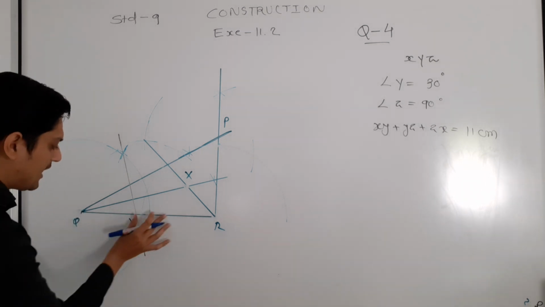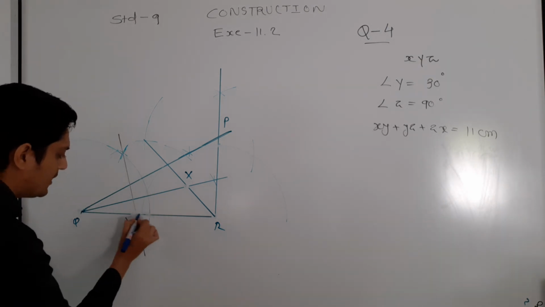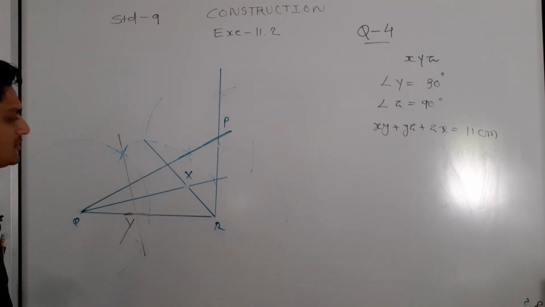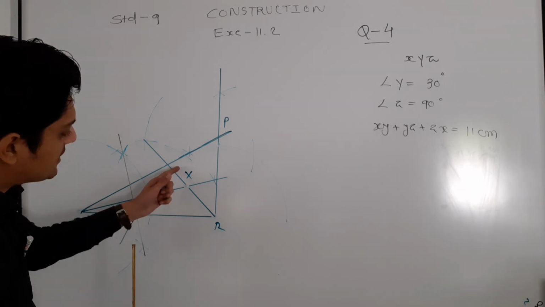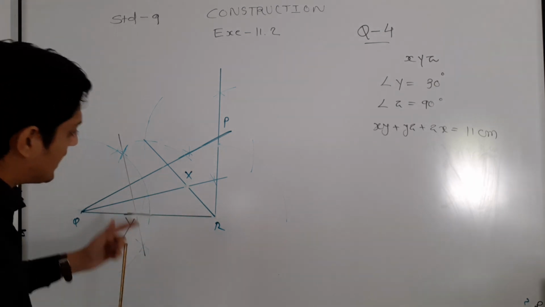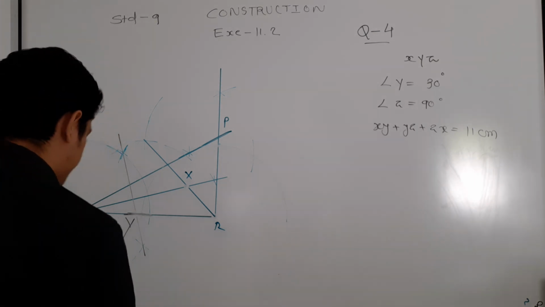Let's call it Y. Let me write in big font. Let's call it Y. Okay, that is your Y. And now again the bisector of X and R you have to find, and that will be your Z. Okay, then again the last step,